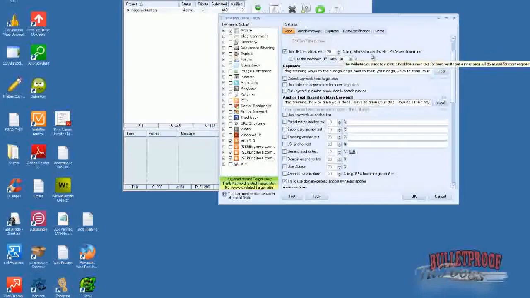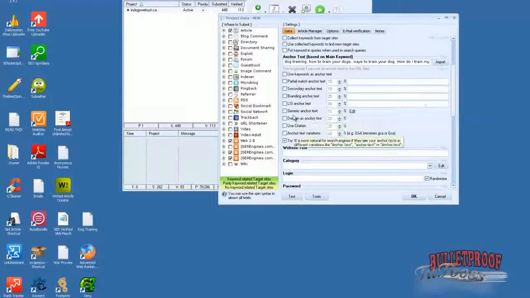I always select the option to use different variations with uppercase, lowercase. It just helps it look natural. You can test all these things here. They work really well. For the sake of this video, I'm just going to do the upper and lowercase variations. You can put your branding, like your site brand in there. All these things are going to help. Anything that will help make it look natural will work really well. Just put your site name or